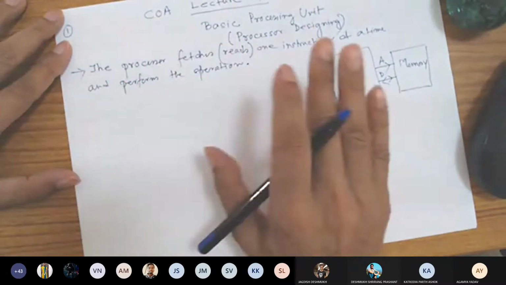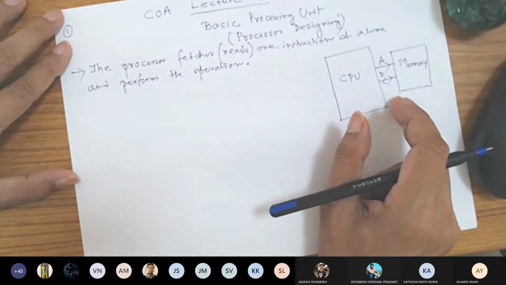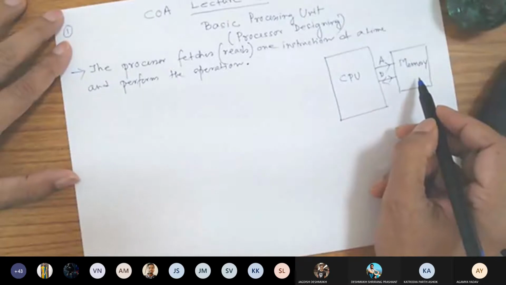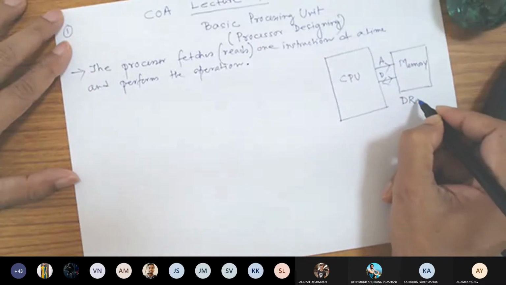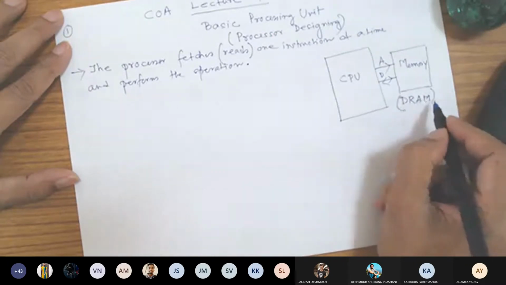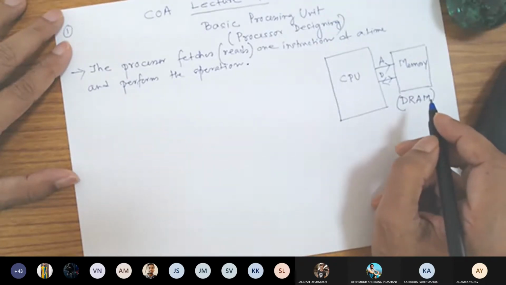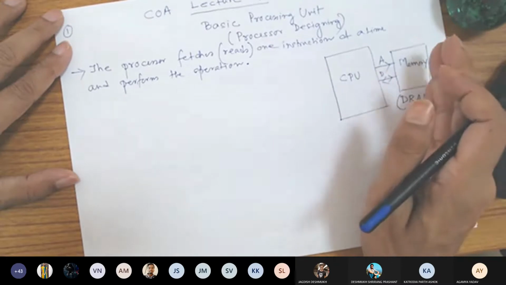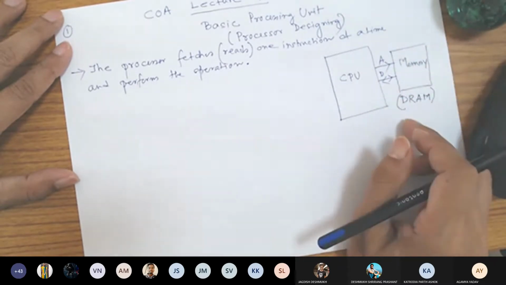Now there are several issues with this. If you try to correlate what Professor Bhuya today was talking about, if you try to fetch these instructions from memory, this is basically the DRAM, dynamic RAM, which is our primary memory. So DRAM is outside the CPU, and this is slow.